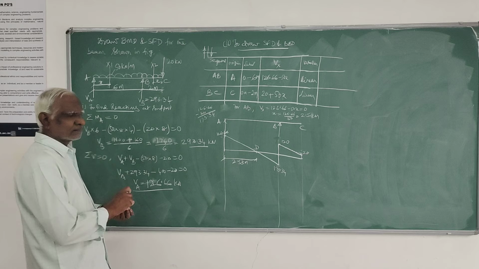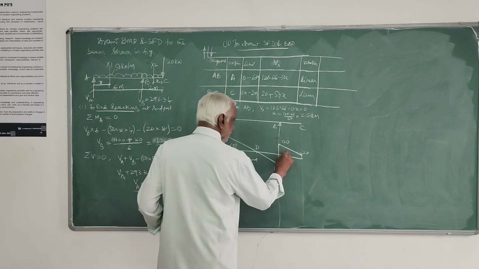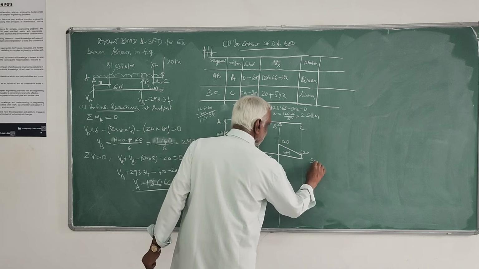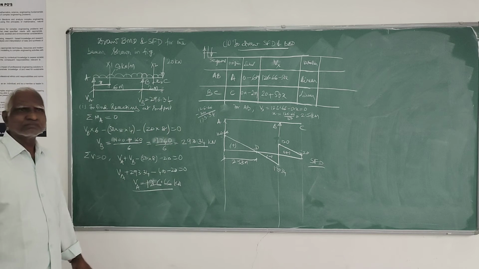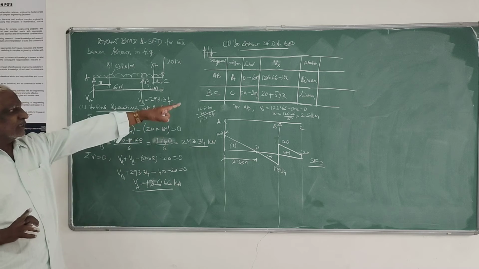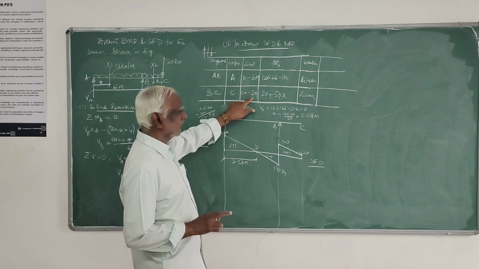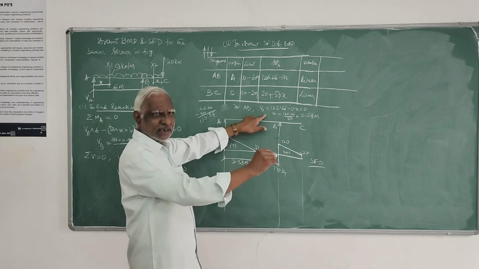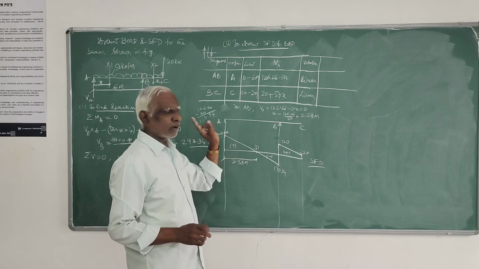That perfectly matches. So this is your positive, and here only it is negative. This is your shear force diagram. There should not be any confusion. That's why I prepared this table, so that when you are putting upper and lower limits, you can do the calculation on the right hand side margin. You will know whether it is positive or negative, accordingly you plot.